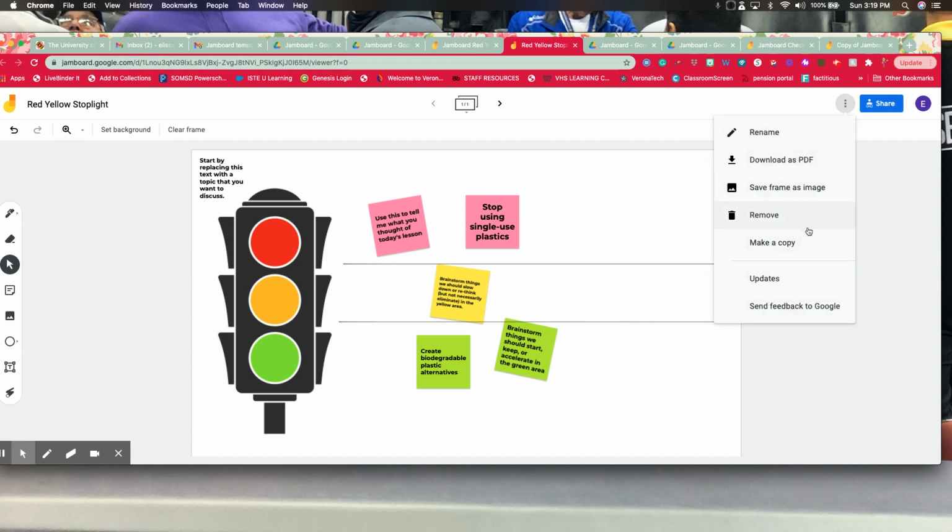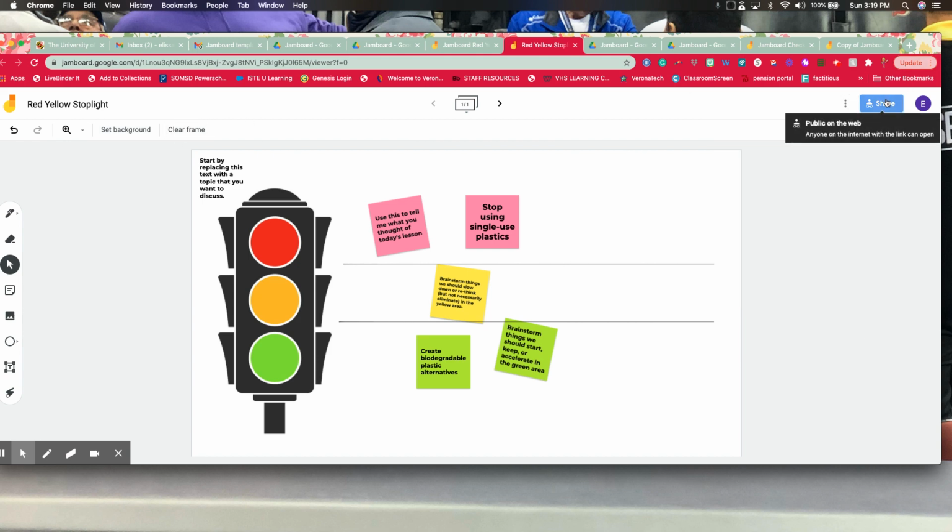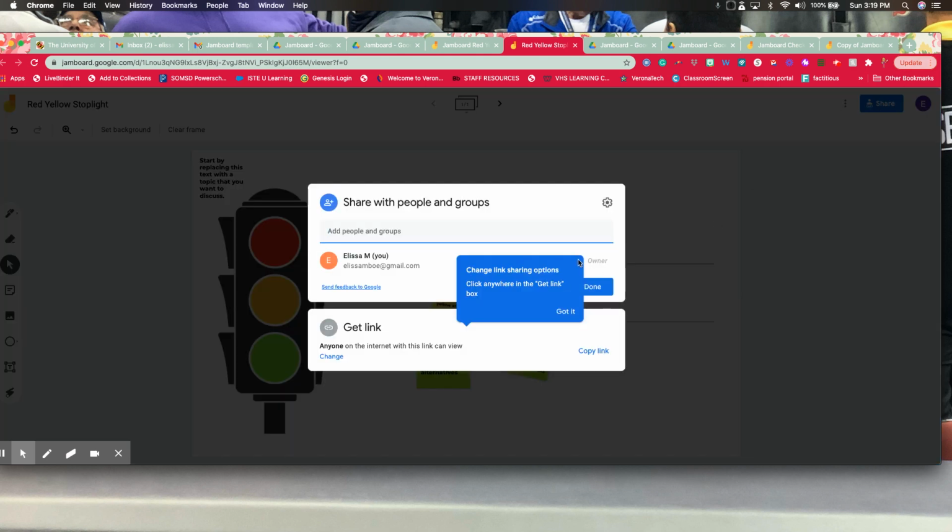You can also rename it on the top here, download it as a PDF if you wanted to, or save the frame as an image, which means basically you're just going to share it with them as an image. And these things can be done with any of these templates. So you can share the link in your Google Drive with them, or you can share the link in any other